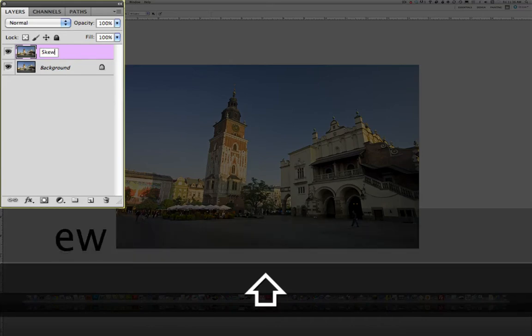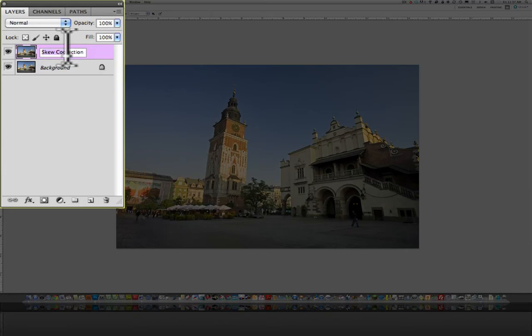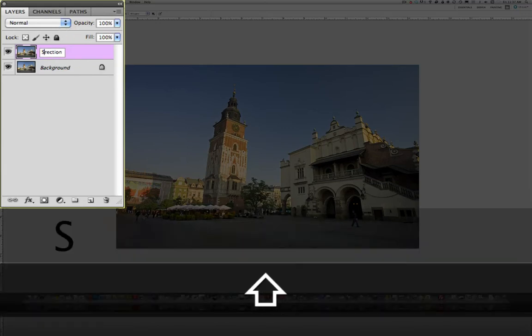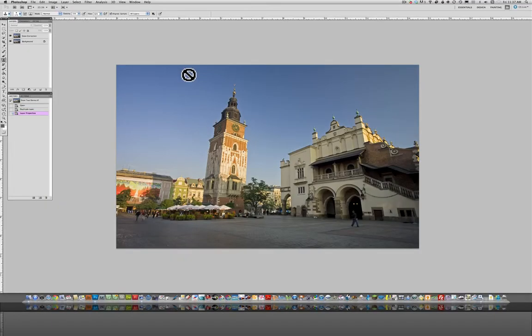In this case we'll name it Skew correction. Okay, now that we have that done,